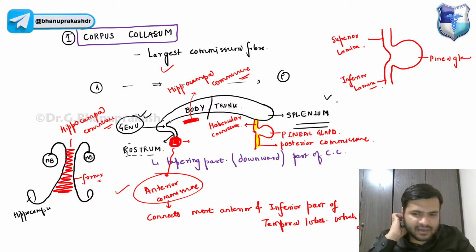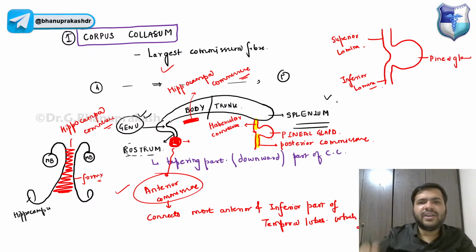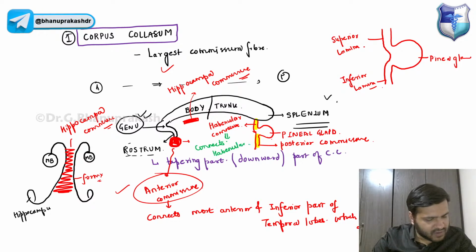Habenular commissure basically, okay. You already know habenular, I think I don't even need to tell you. It connects the habenular nuclei, right? Which is in the epithalamus. It's kind of hard, but you have to remember, guys. There's nothing simpler I can draw and teach you, right? And posterior commissure, guys, remember it connects